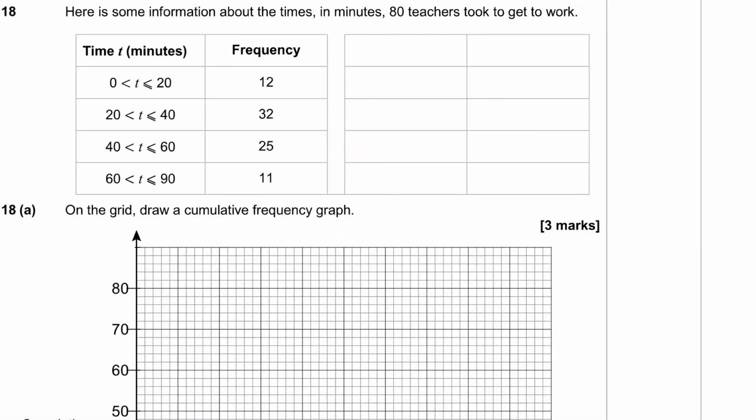Question 8 has a group frequency table showing the travel time that 80 teachers took to get to work, and we're being asked to draw a cumulative frequency graph of this data. Now, cumulative frequency is where we plot the upper class boundary against the cumulative frequency. So we're going to class upper boundary,